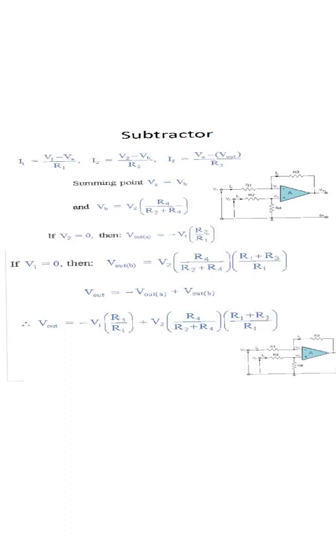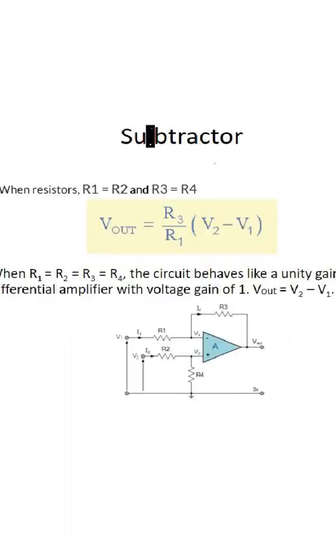So here VA is equal to VB. You can just apply the values here and substitute it. So whatever output you get is equal to minus V out of A plus V out of B. Substitute it, so you will end up with the